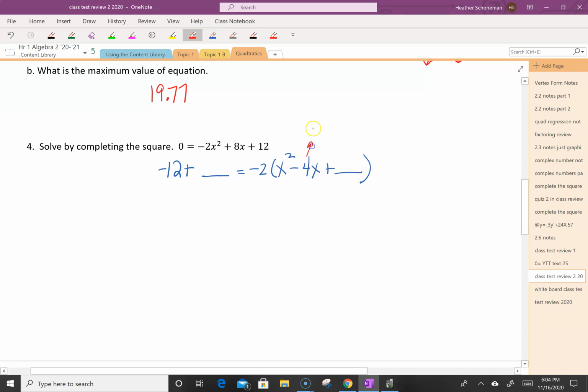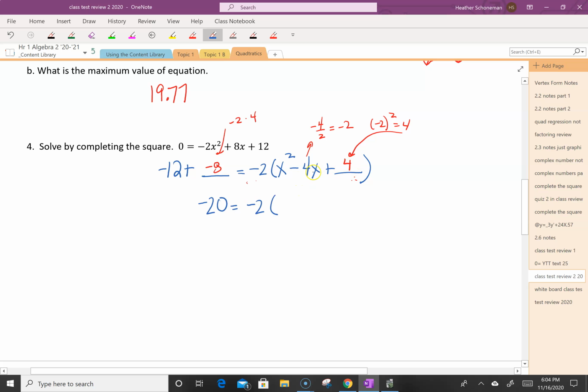To get the number that goes here, I'm going to take negative 4 and divide by 2, which is negative 2. Then I'm going to square the negative 2, which is positive 4, and that's the number that goes back here. Okay, but I'm not going to put 4 on the other side because I didn't really add negative 4. I added negative 2 times 4, which would be negative 8. So when I simplify this, negative 12 and negative 8 is negative 20 equals negative 2,